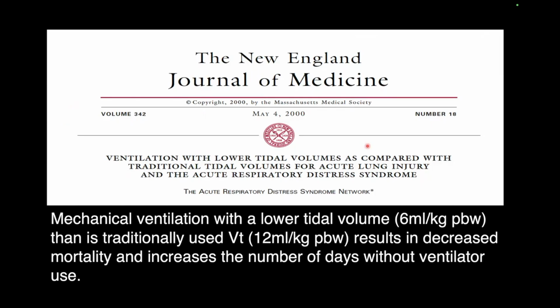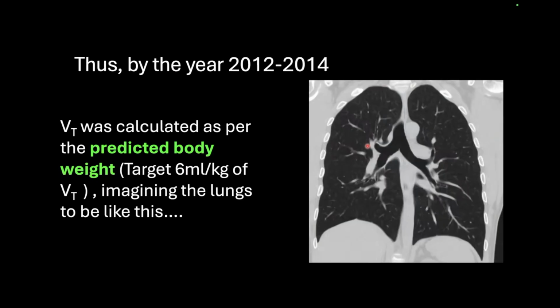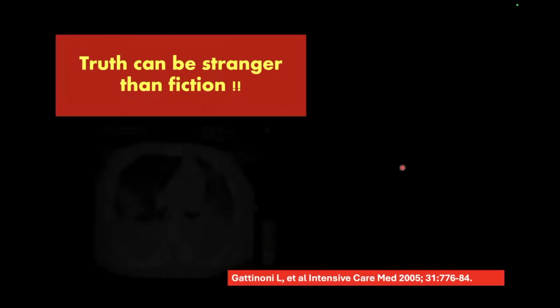And then, of course, we know this landmark paper, published in the year 2000, the ARDSNet trial, which clearly showed that 6 ml per kg tidal volume was better than 12 ml per kg tidal volume in terms of decreasing mortality and increasing the number of days without ventilation. And from there onwards, everybody started ventilating using 6 ml per kg of tidal volume, assuming the lungs to be something like this. However, as we all know, in ARDS, the